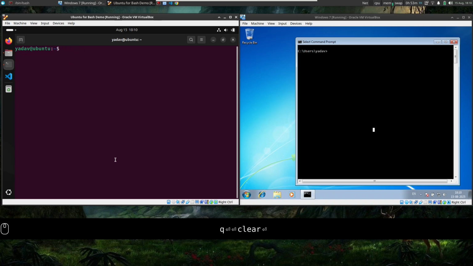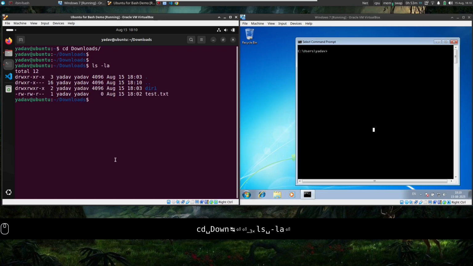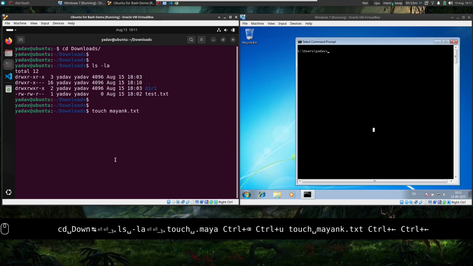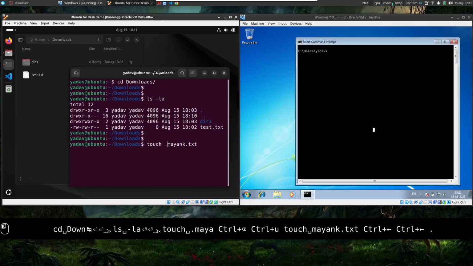let us create some file in my downloads. Touch a file name starting with a dot, say my name, starting with a dot. Look at this.